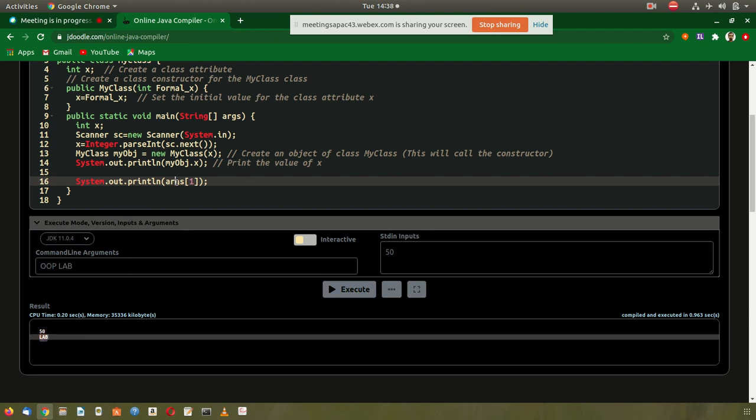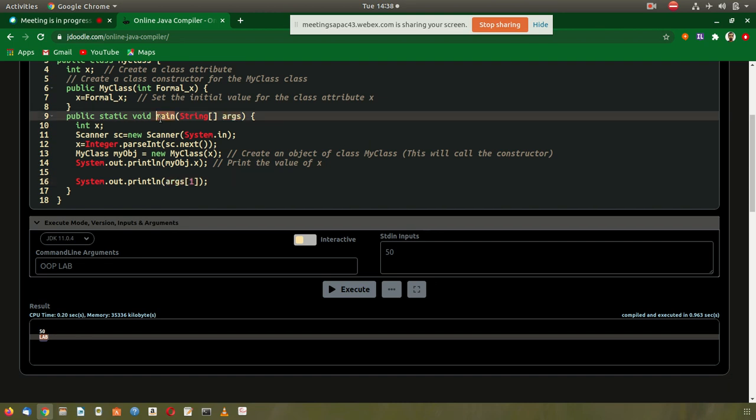So args is the argument to the main function. A main function does not require a constructor, but it works similarly to a constructor.